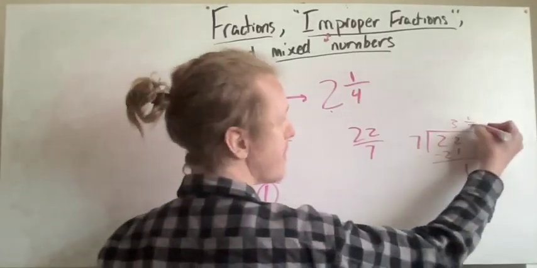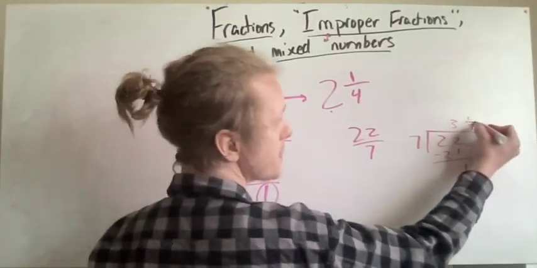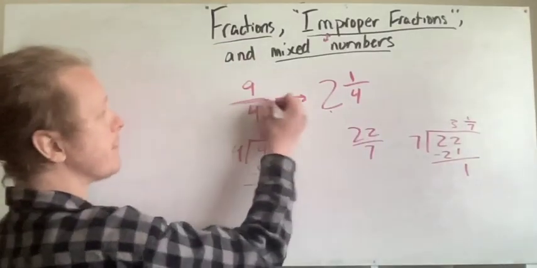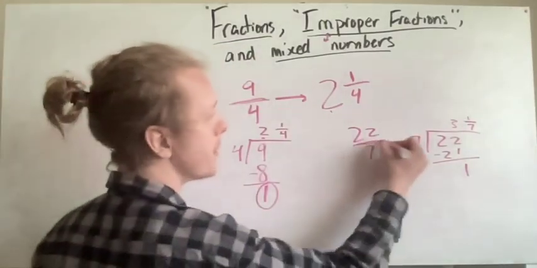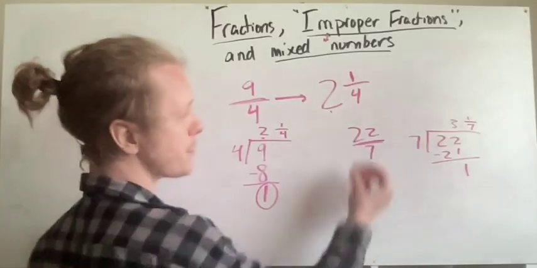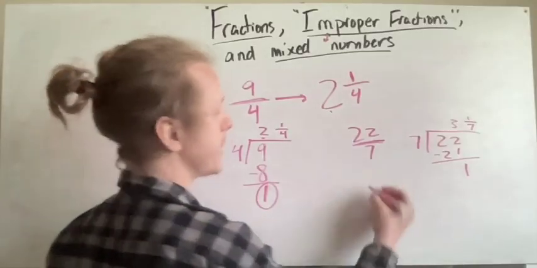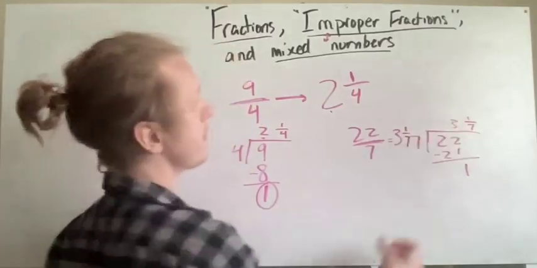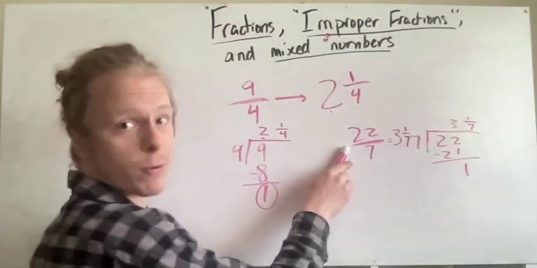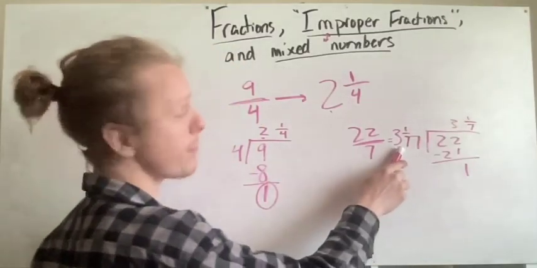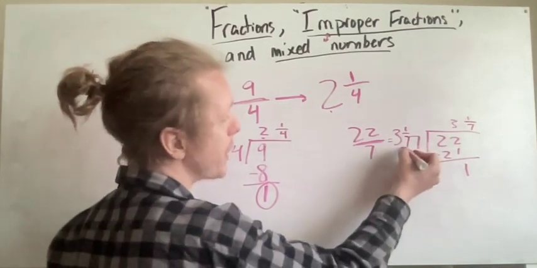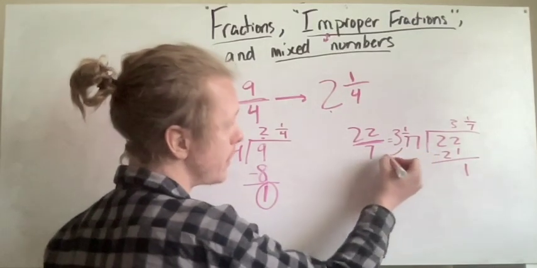We're dividing by 7. And remember that this fraction bar, we can think of it like division, right? That's why we're doing 9 divided by 4. That's why we're doing 22 divided by 7. So 22/7 is also equivalent to 3 and 1/7. Okay, this is the improper fraction form. This is the mixed number form. Okay, the last thing we're going to look at is how do I go from a mixed number to an